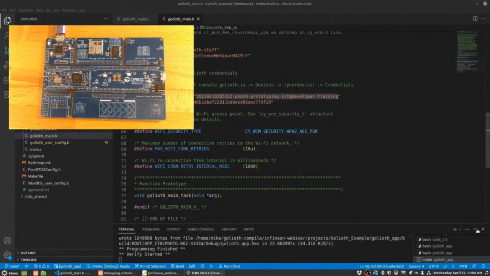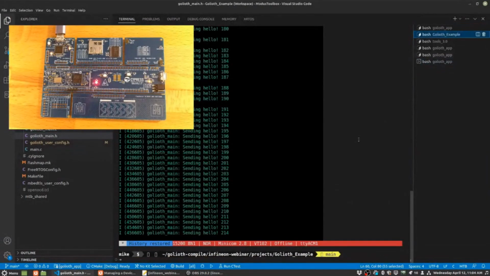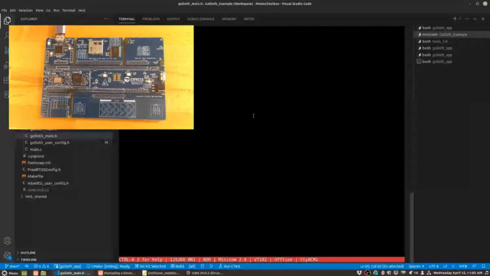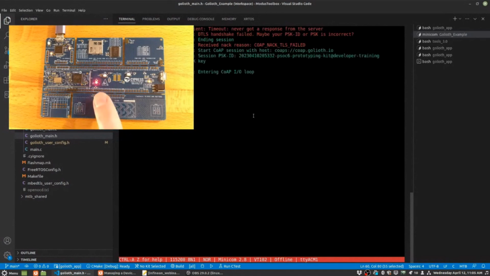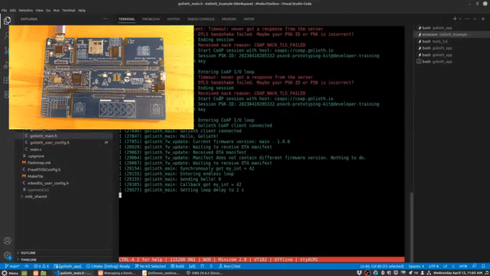And we will also be able to open up a console. So let's open Minicom, which is the one that I like to use. There we go. All right, so we have our light that's blinking right now. Right now the device is working on reestablishing the secure connection with Golioth, so it may go on a few, there it goes. All right, so it got a connection with the Wi-Fi, connected to Golioth, and it did a